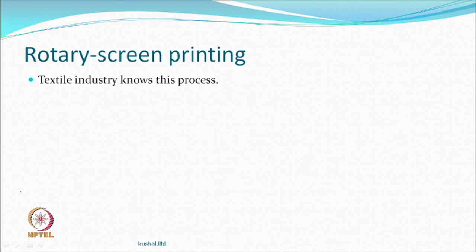So, if tomorrow the industry itself wants to put up its own paper printing system, this machine probably can be used, except that if it is a rotary screen, how the paper roll is going to be opened, go through, be printed, dried and then rolled again. Obviously, there will be nothing called a fixation. You will print and dry, but there is no fixation. Drying itself is okay. That means either the ink is such that it makes a small little film, or it just gets a little absorbed.